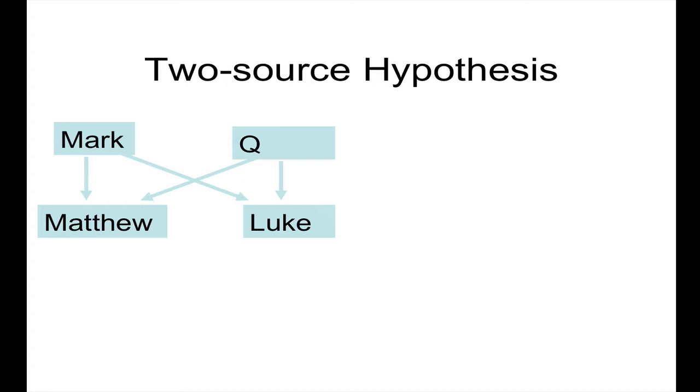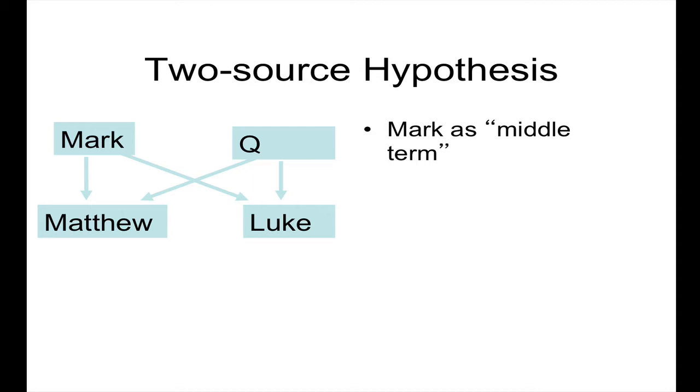Well, as you will know from having read your textbook, the dominant theory is what's called the two-source hypothesis. And that is that Mark and a sayings source called Q were available to Matthew and Luke. Matthew used Mark and Q, Luke used Mark and Q. Before we say more and complicate the story, we just want to say why this diagram does a good job of explaining the basic facts.